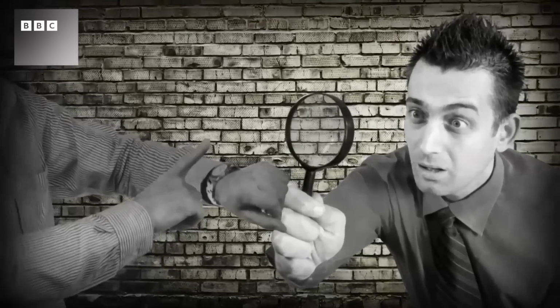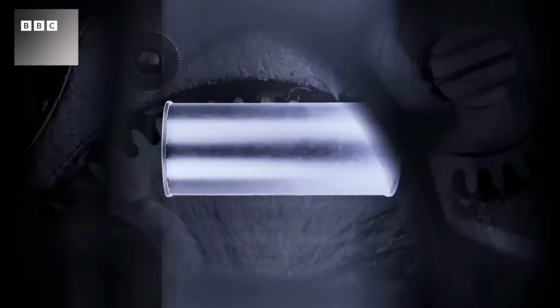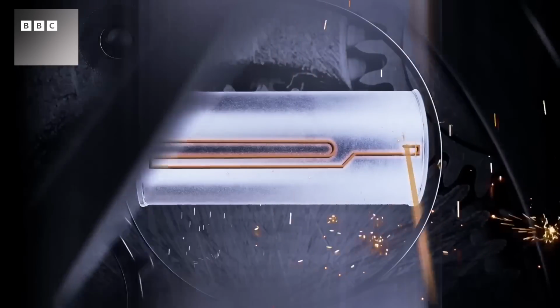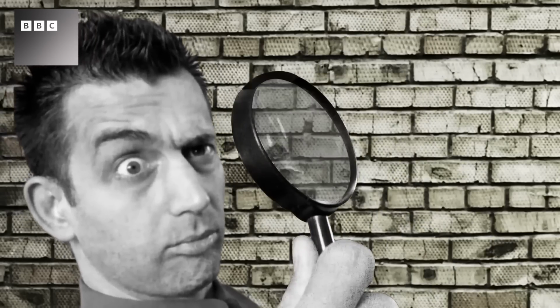Look inside a quartz watch, ideally under a very strong magnifying glass, and you will see a tiny little metal cylinder. This contains the quartz crystal, usually shaped a bit like a tuning fork and cut very accurately with a laser, and it's minute. When the current from the watch battery is passed across this, it vibrates, it oscillates, and in most quartz watches, it's designed to oscillate at